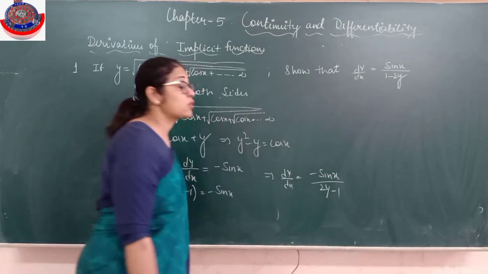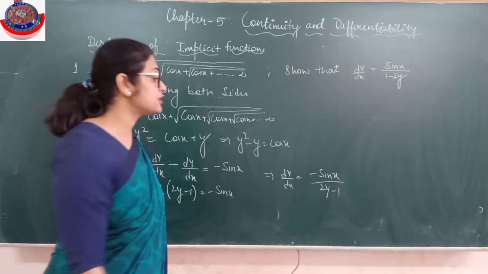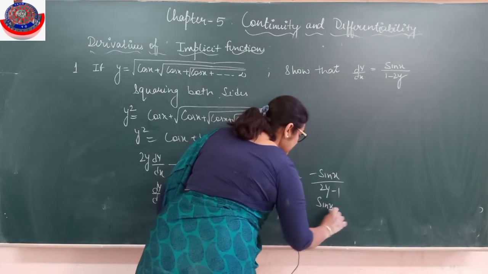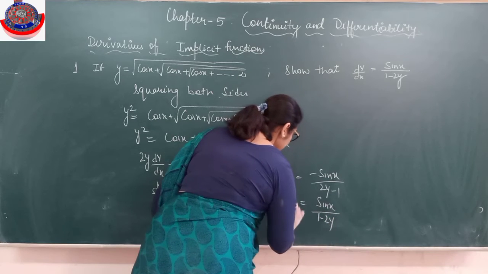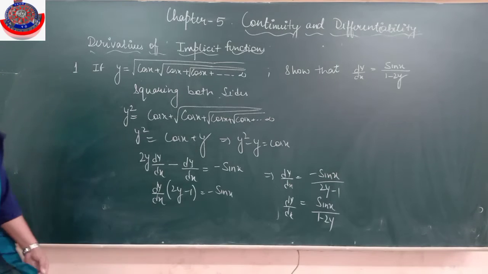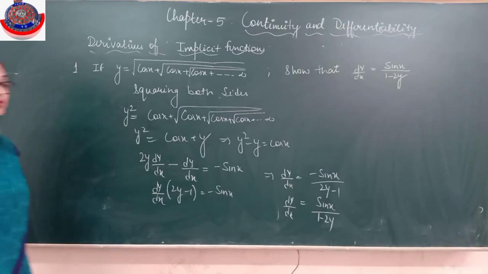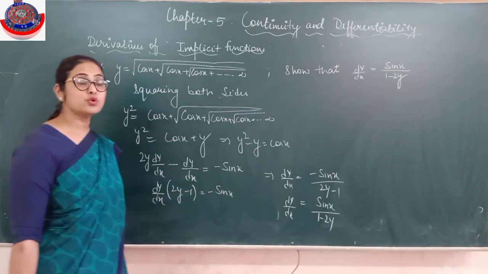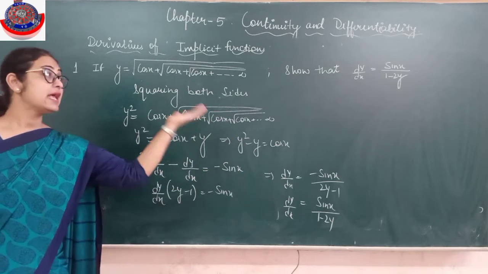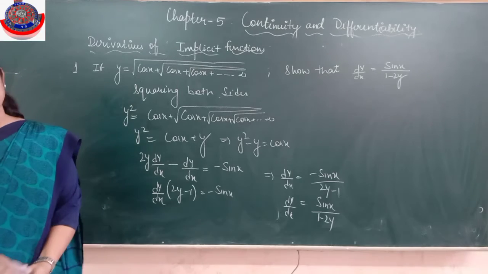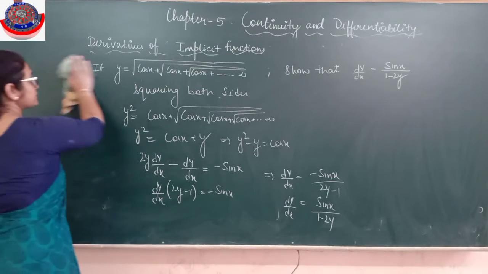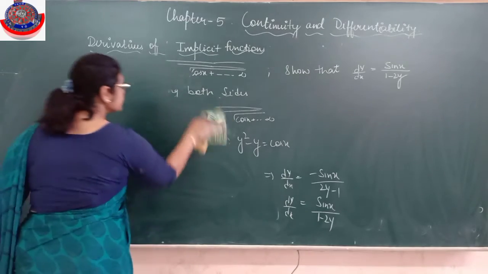But the answer which I required does not have a negative sign in the numerator. So I'll take minus common from the denominator and cancel it. So it becomes this. What is my required answer? Is this clear? So whenever you have under roots up to infinite terms, what you will do is square both sides, then substitute that again equals to y, and then follow the same steps. Alright, I hope it's clear to everyone. Let's see the next one.